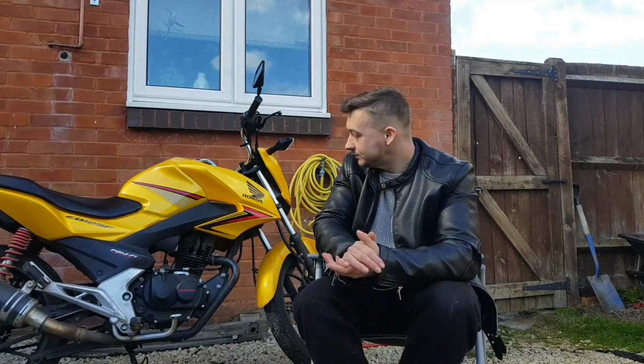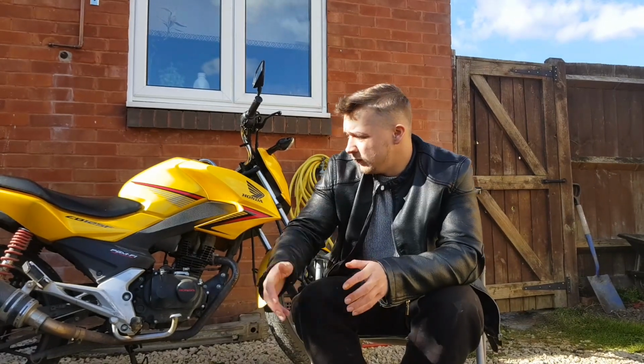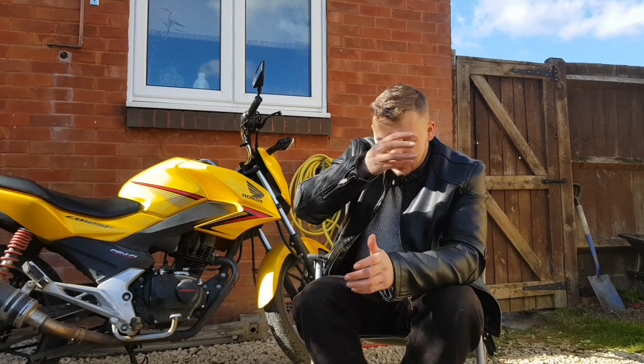The story is, this bike is absolutely faultless. It is perfect, and I'd recommend any young rider coming through looking to get their first 125 bike, they do have a look at the CBF. And obviously, you probably can't see it, but I have got an aftermarket exhaust on,